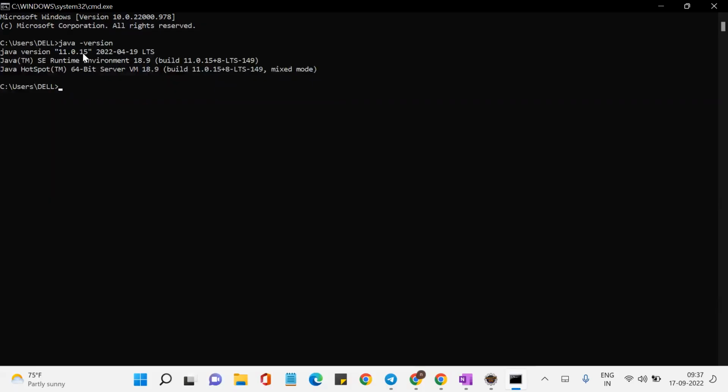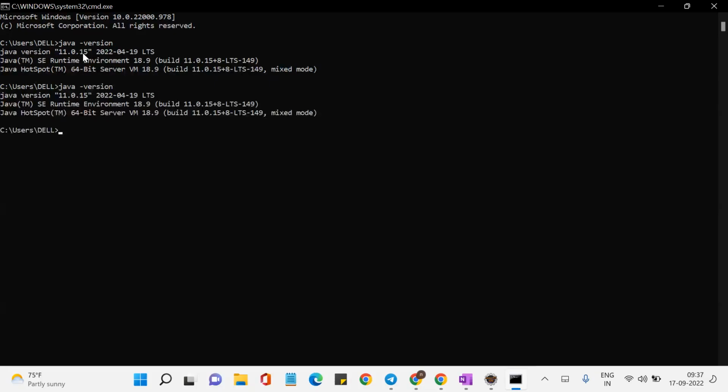So sometimes whenever you enter this java -version command, if Java is not installed in your machine, what happens? You will get a message saying unrecognized command. So at that time, what does it mean? You do not have Java installed in your laptop. The first question is, how do I know whether Java is installed on my machine? Go to the command prompt, enter java -version. If it is providing you some version, that is the version that is installed. If it is not installed, then you will get a message saying command not recognized. If you are getting that issue, then what you need to do,